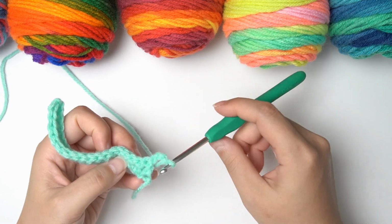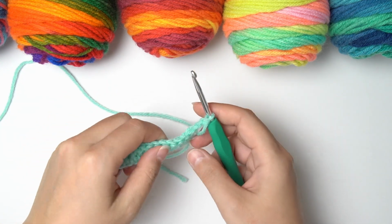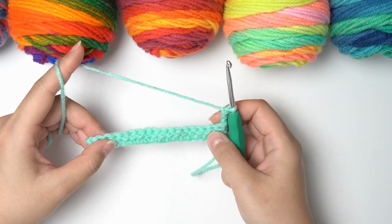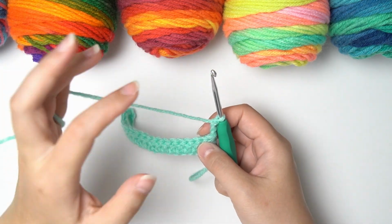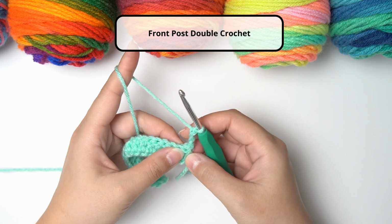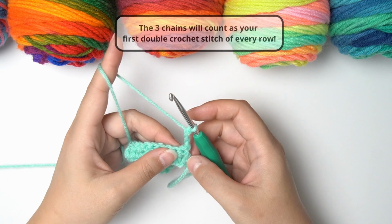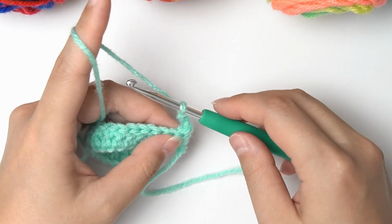So turning the project is essential because we always want to work from the right side towards the left. Now, this row that we're going to do now, I'll call it row number 1 out of the 2 rows that we will be repeating. So this row number 1 that we will be repeating, I'll introduce you to a new term, which is the front post double crochet. Now, remember that this 3 chain that you do in between each row will count as